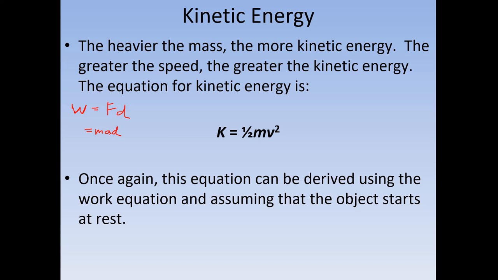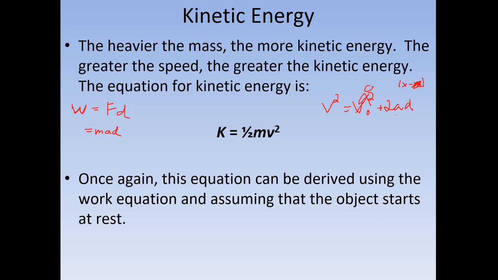So I have mass times acceleration times distance. If you recall, we have an equation that has acceleration times distance: V squared equals V naught squared plus 2AD. Now you might have it written as x minus x naught, but I like to just simplify it to d, because usually x naught is always dropped to 0. So we have this, if our object started at 0